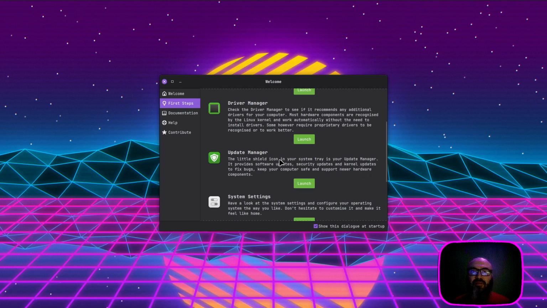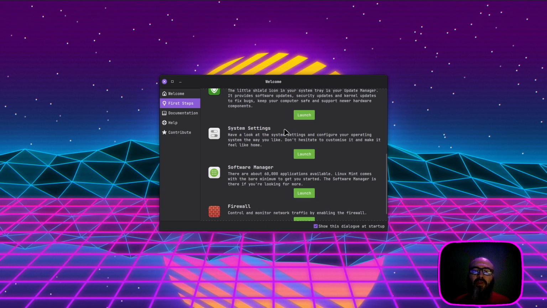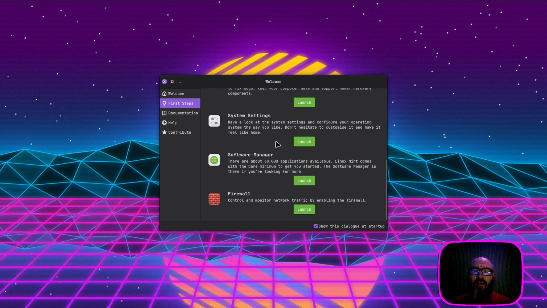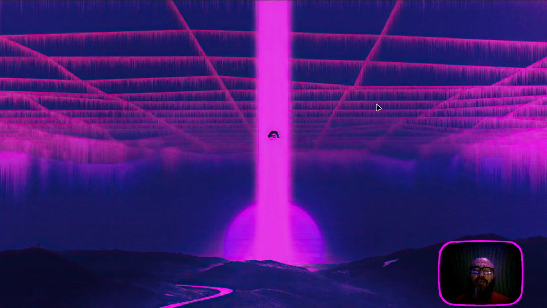Driver manager, for this system I didn't need any new drivers. I have updated the system. I had plenty of updates to do after the installation. And then I did some stuff on system settings and software manager. And that was it. And I left, of course, this window to come next time when I will log back in, because for me, this is a totally new system. Anyway,